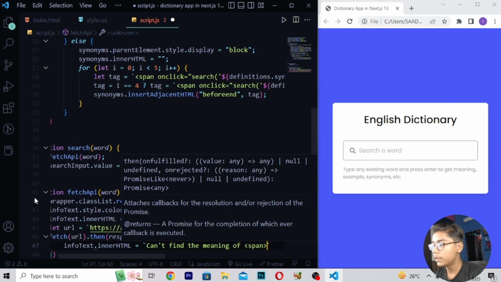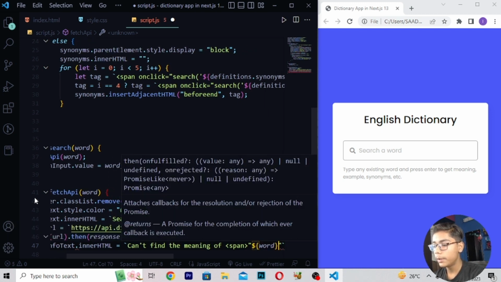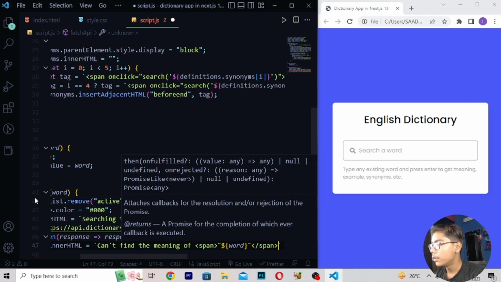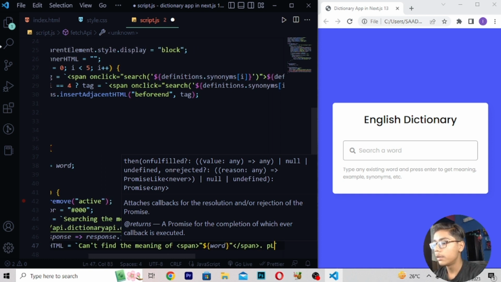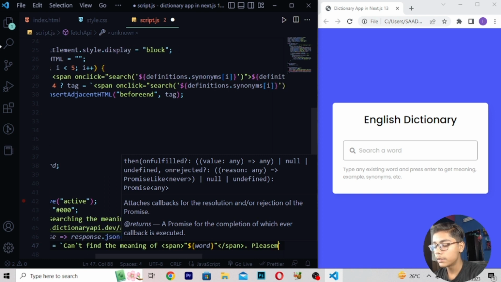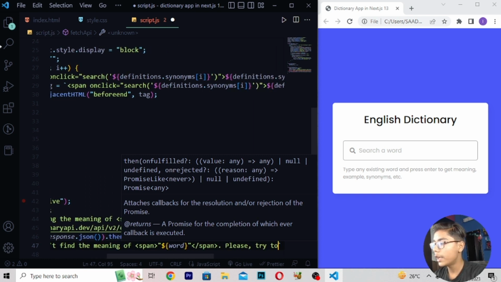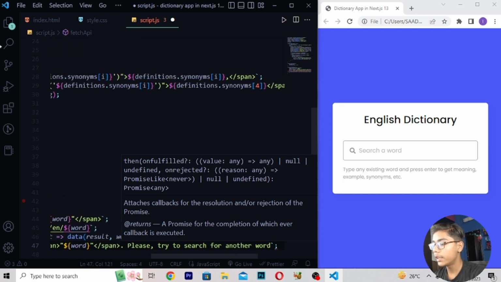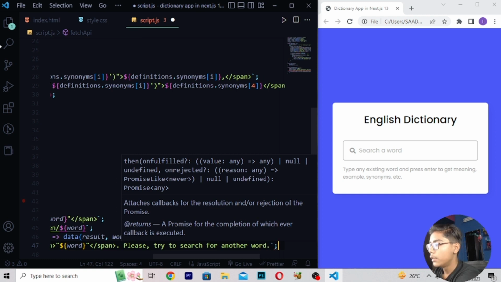And when you've written this, here I'll be writing span, and here you have to write a tag which should be word, so here I will be writing here. Then when you've just done with this, here you have to close this span tag like this, and you can see we have just done that. Now when you've written this, here I will be moving forward after this tag, and after moving forward you have to full stop this, right here "please", so here I'll be writing please, and then right here "try to search for another word" like this, close this tag here, then you have to full stop this thing.